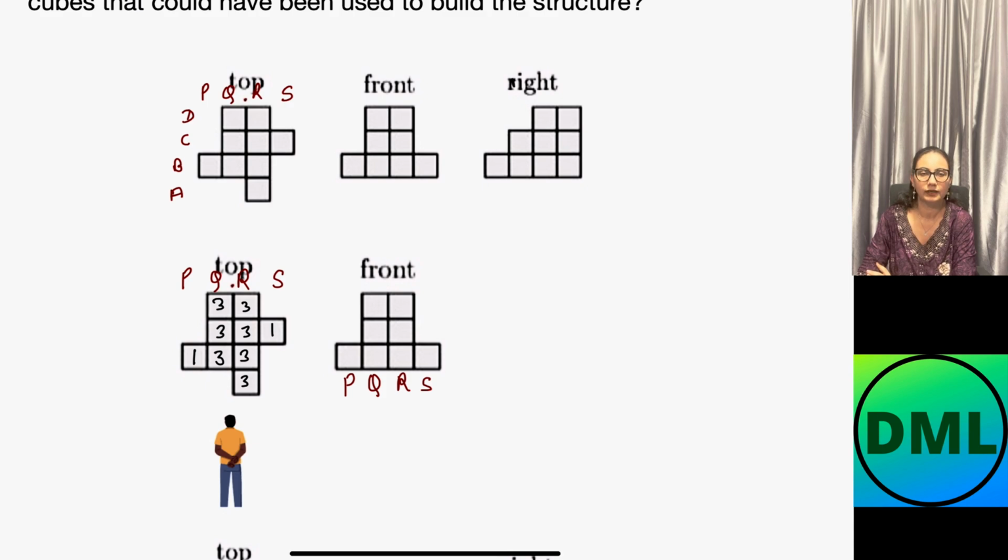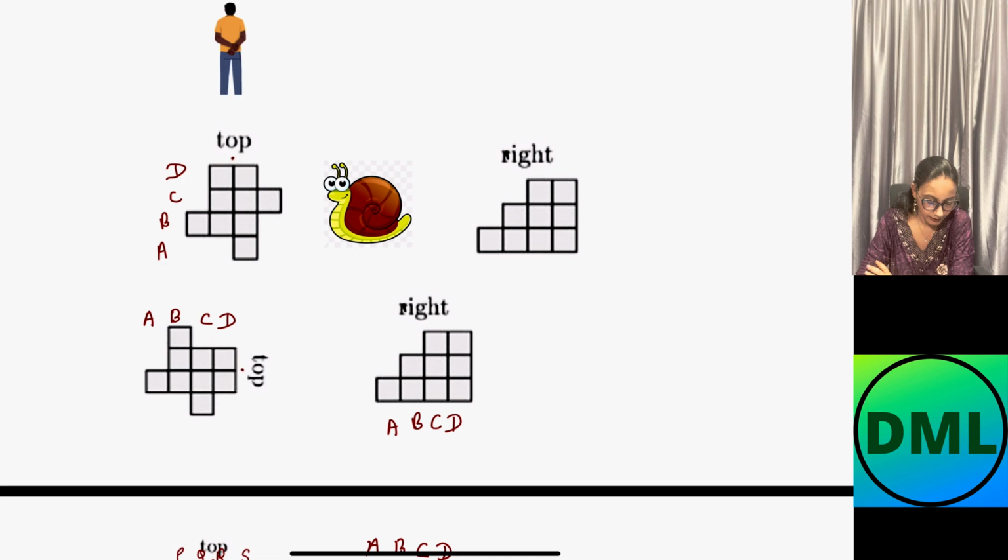I have to fill the top view again while looking from the right side, or basically this is the side way. This is your top view again and this is your right view. You are standing and you are looking from the right side. When you are looking from the right side, you can see A, B, C and D. Let's write down here in front of the right figure A, B, C and D. But when you are looking from the right side, this picture is not in this shape. You can see the picture in this shape. You are looking from this side of the picture.